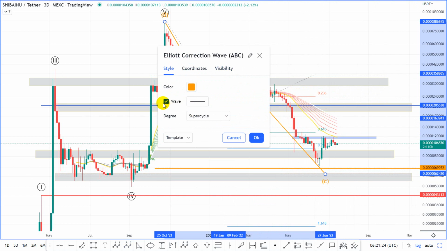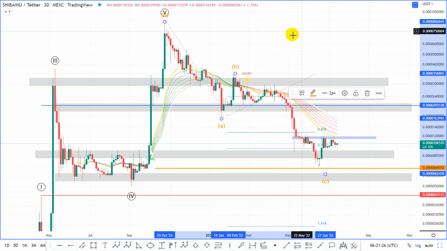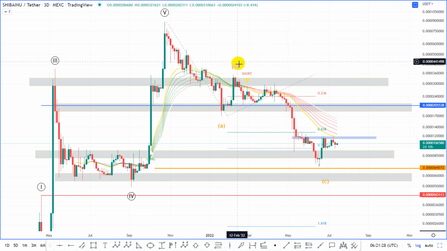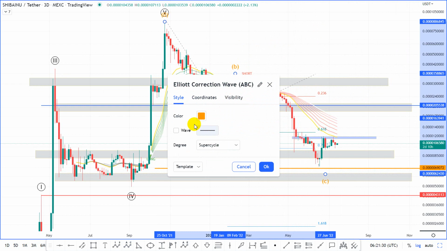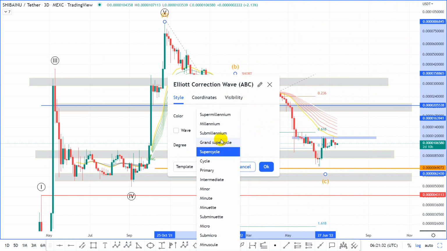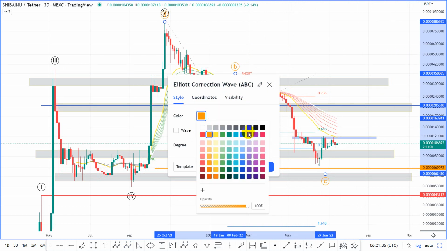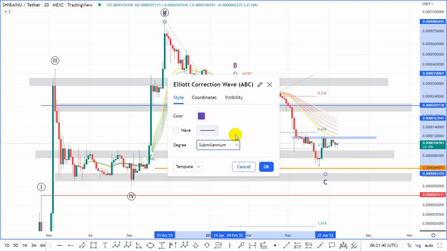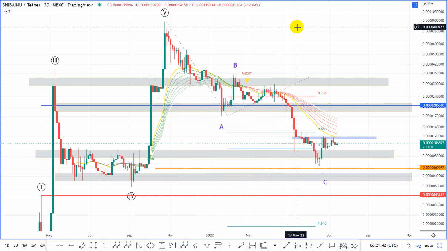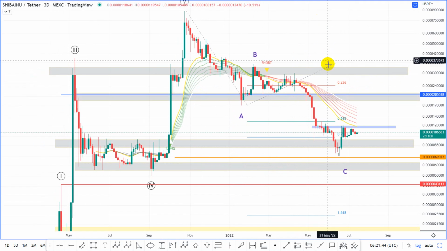Let's disable the wave, so the chart will not look that messy, and probably even make this one greater cycle, this color. Yeah, that'll work. Okay,